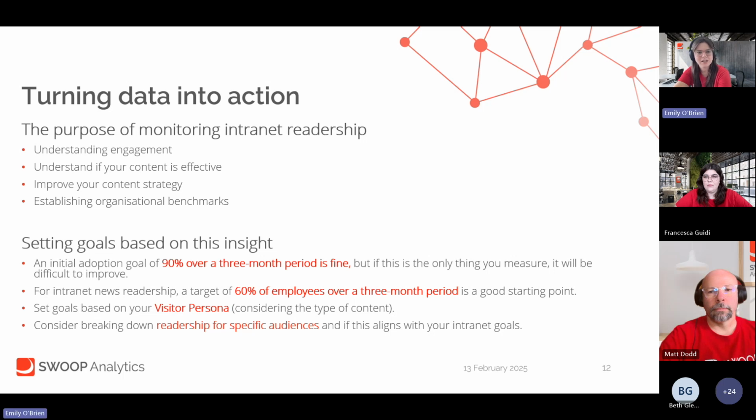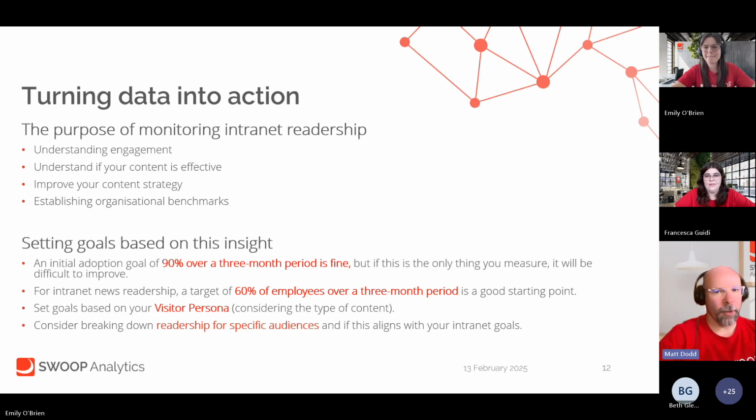We also wanted to give you an idea of how we would suggest you approach setting goals around this. So if you were wanting to see what a good target is, like we've said, around that 90% mark, these are sort of more of those rough guidelines for us to share at the moment. Is that right? Yeah. I mean, it's really more an indicator, and obviously, it does depend on the individual